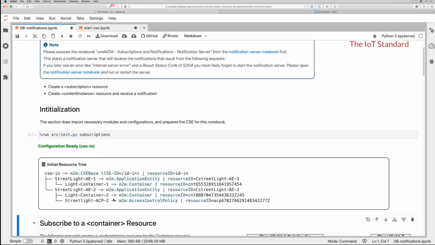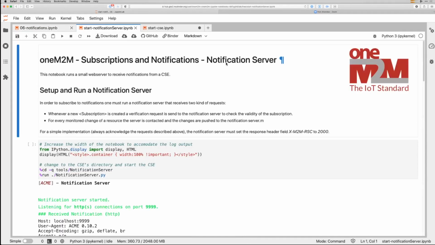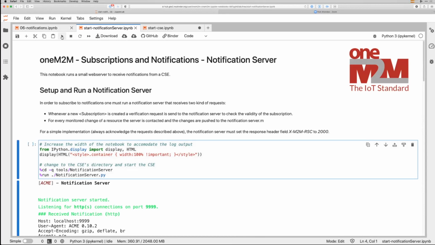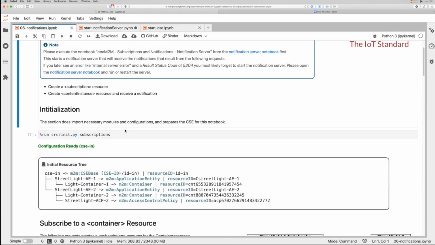Yes, exactly. So I will now start a notification server that we talked about before. This is another notebook, and similar to the CSE, I have to start the notebook here. As you can see, when I execute the cell, the notification server is started and it's ready to receive notifications. Switch now back to the notifications,